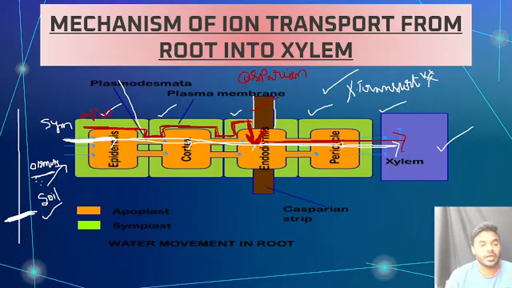Why can't they move further? What's the reason? Because there is a presence of the Casparian strip. Because of the presence of the Casparian strip only, friends, it never allows the movement of ions or molecules. Then what happens, friends? From the endodermis, the water molecule will enter in, from the endodermis they skip the apoplastic